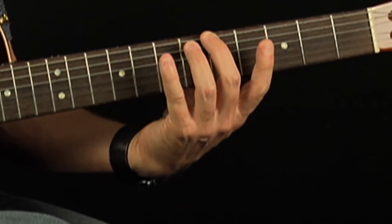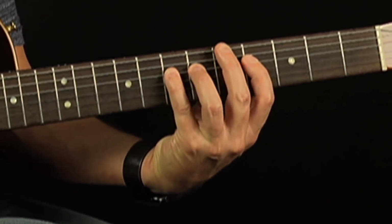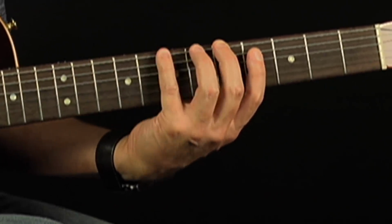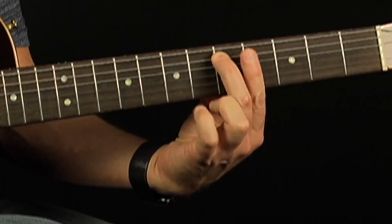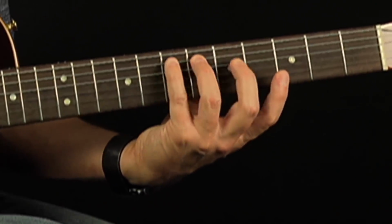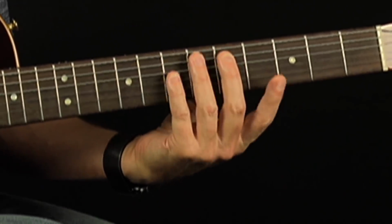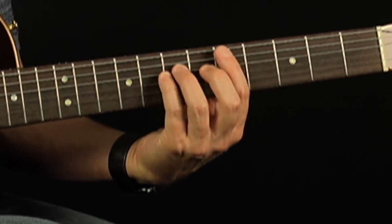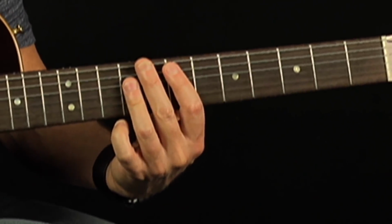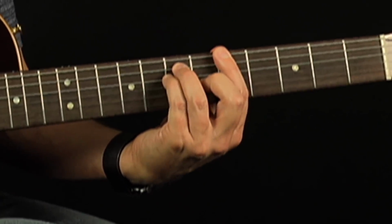So here's the scale. 1, 2, 3, 4, 5, 6, 7, 1. Okay, I've got PDFs and everything for you in that course. But here's the 1. 2, 3, here's the 4, right underneath the 1, and here's the 5, one whole step above the 4. So here's the 1, here's the 4, here's the 5. If we base chords off that, we can play like 700,000 cowboy tunes. We can also play rock tunes like...